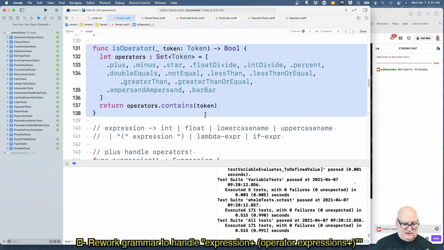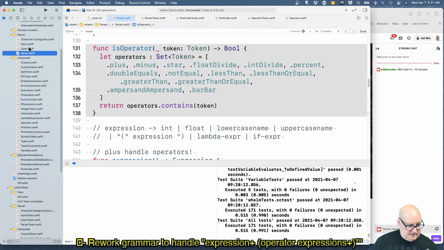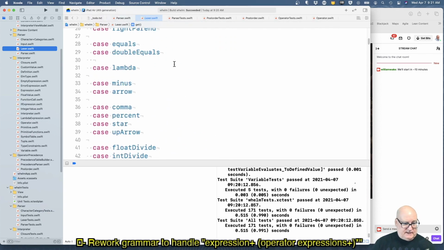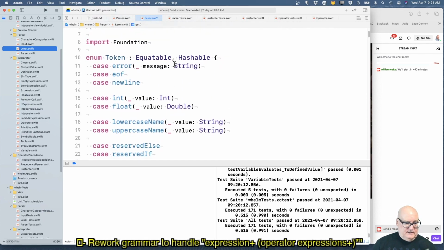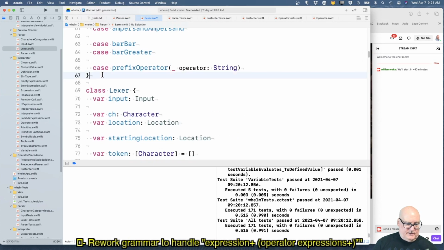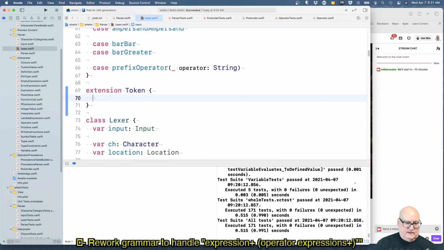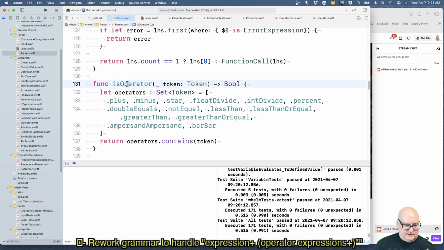It doesn't really belong on the parser. It belongs on the token. So let's move this method. I guess Lexer has our token class. Okay, so enum token. I think we can just say extension token and put this.